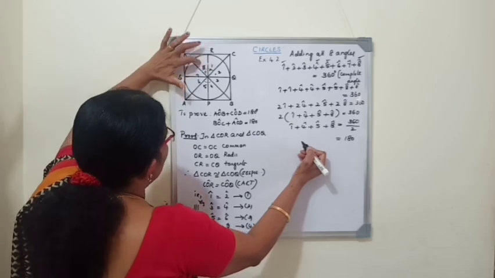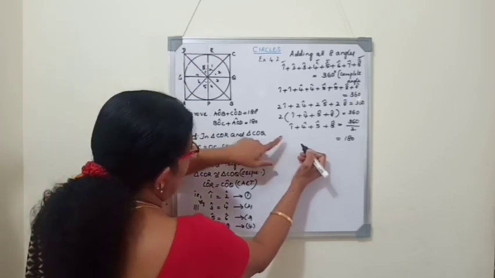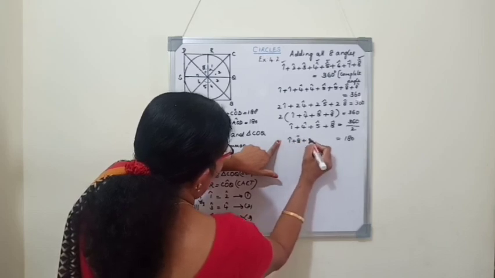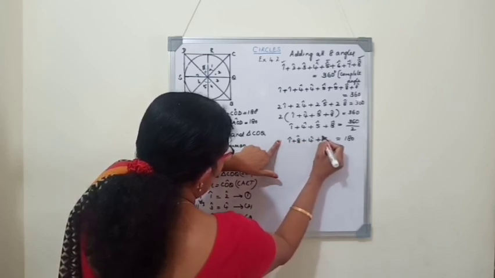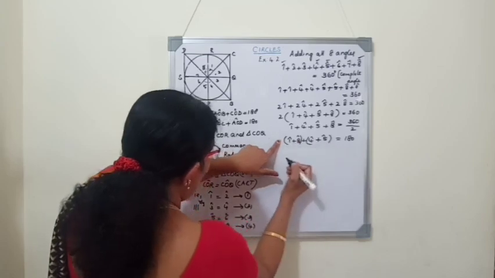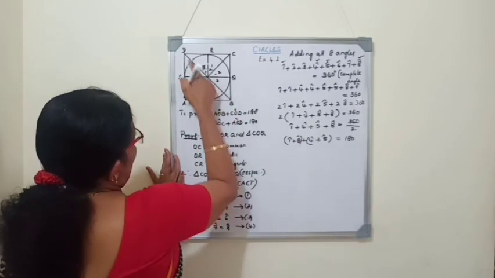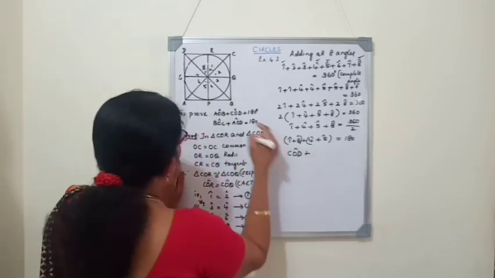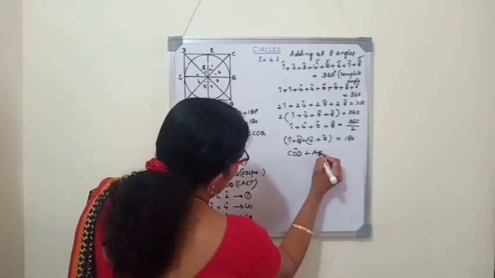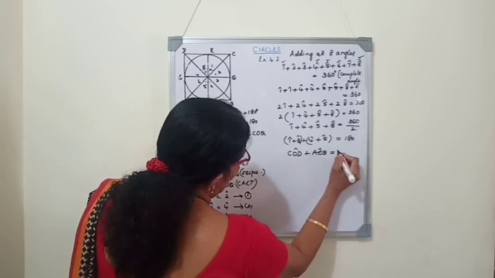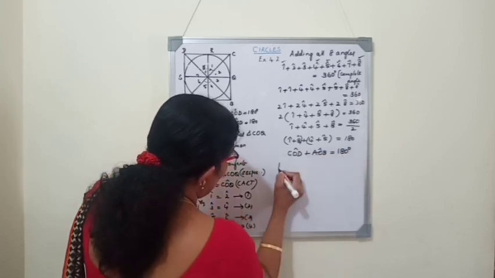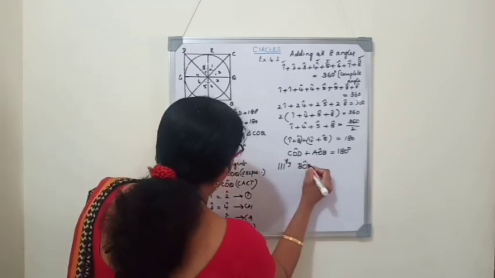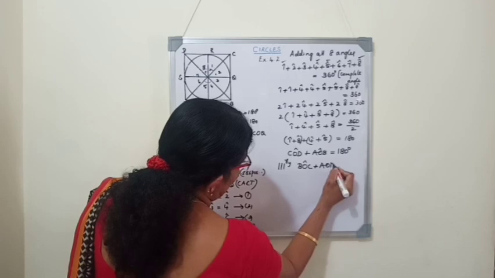Now we will see the diagram. See, we want 1 and 8 together, then only we will get angle COD. So we will write 1 and 8 together, and 4 and 5 together. What is angle 1 plus 8? It will become angle COD. And what is 4 plus 5? It becomes AOB. So we proved angle AOB plus COD equals 180 degree. Similarly, we can write angle BOC plus AOD is 180 degree.